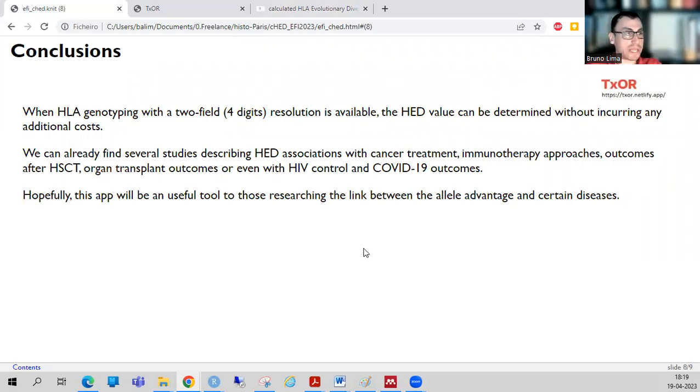Nowadays, we can find already several studies describing HED association with cancer treatment, immunotherapy approaches, outcomes after cell transplantation or even organ transplantation, and even with HIV control and COVID-19 outcomes. So hopefully this app will be a useful tool to those researching the link between the allele advantage and certain